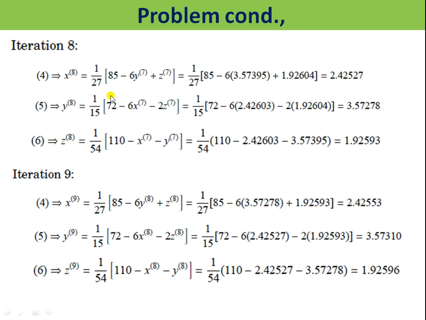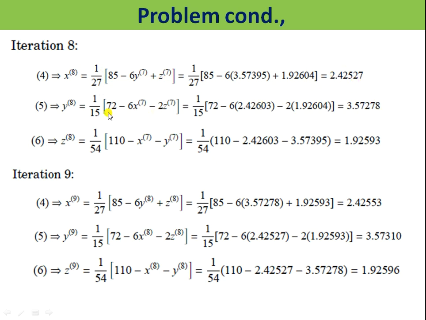So all these substitutions are in equation numbers 4, 5, 6. Don't forget that. So x power 8 is equal to 1 by 27 into 85 minus 6 times y power 7 plus z power 7. Replace the values here and simplify that. You will get